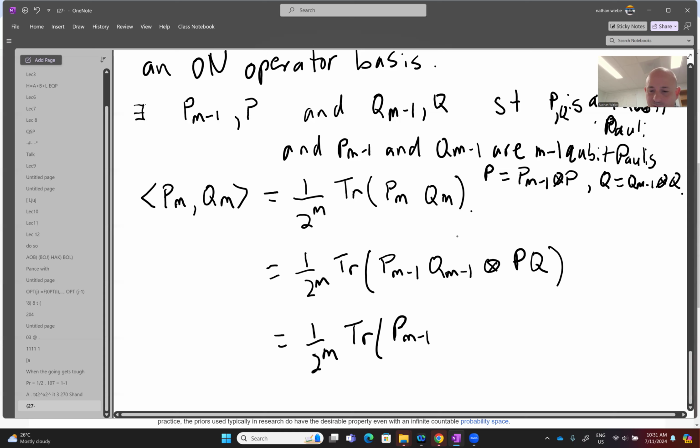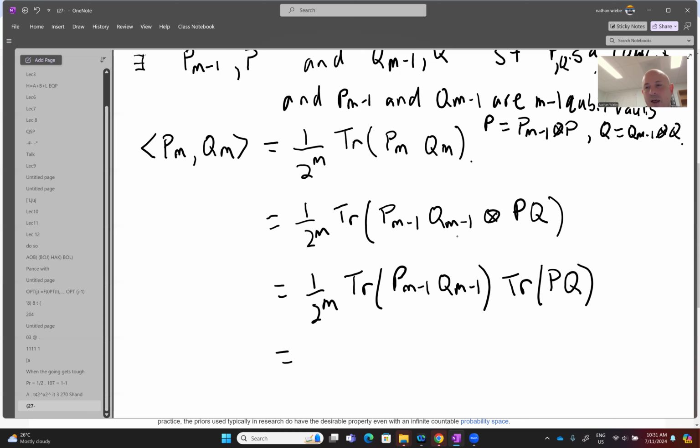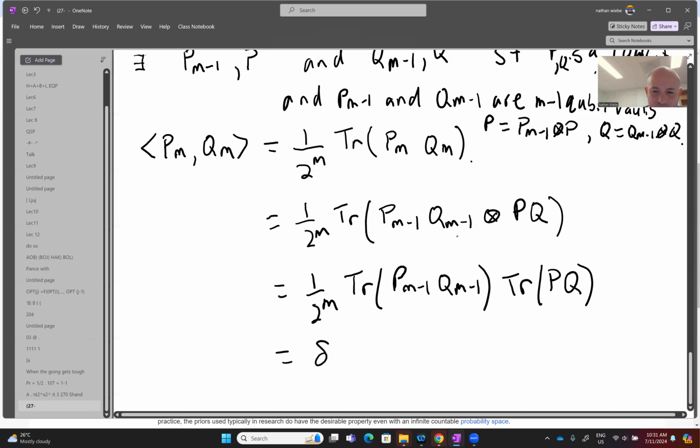So this is PM minus 1, QM minus 1 times the trace of PQ. Now, we know that because PM minus 1 and QM minus 1 are elements of an orthonormal vector space, we have that this is then just going to be equal to delta PM minus 1, by assumption, QM minus 1, and times 1/2 trace of PQ,